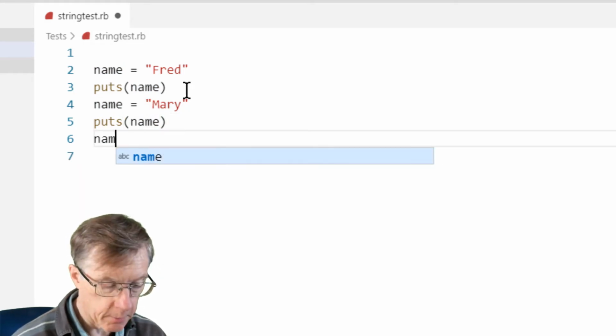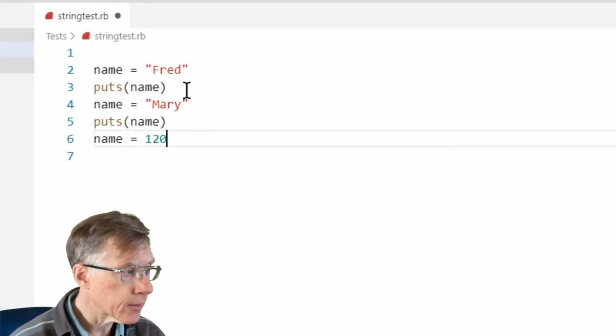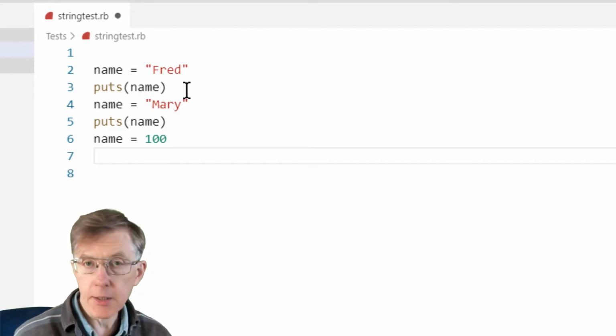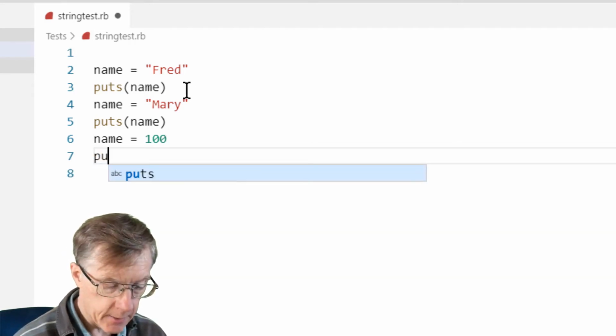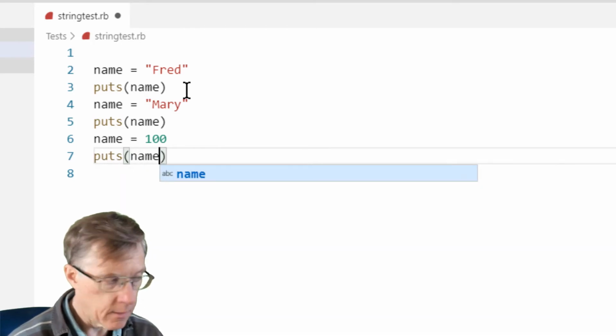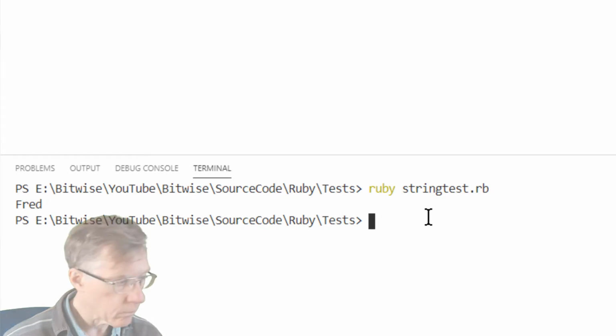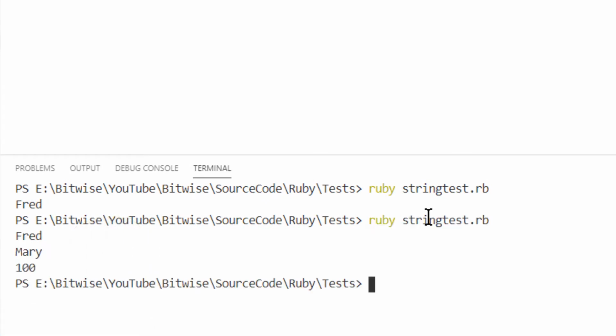So I can put name equals 100. So previously that variable was assigned a string. Now I'm assigning it an integer, and again run it down here. And so name equals Fred, a string, then name equals Mary, another string, and finally it equals 100, which is